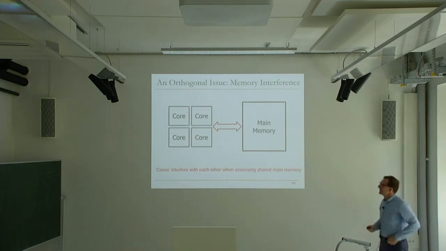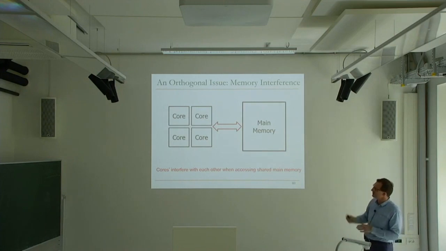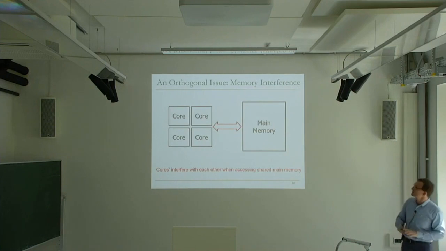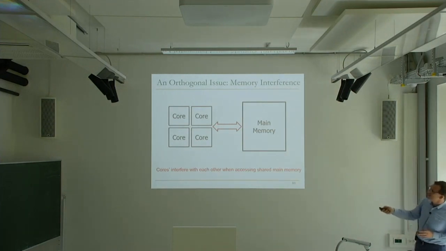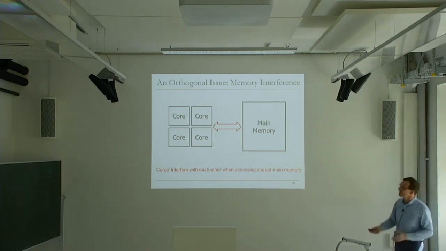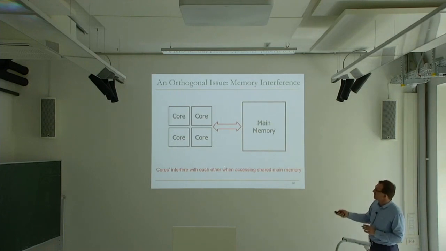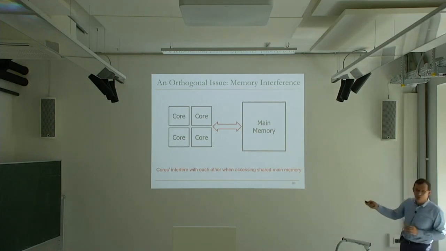Okay, so let me switch gears a little bit. So this was the reliability perspective, but there's an orthogonal issue to everything else we discussed, which is the issue of memory interference. It doesn't matter whether your technology scales or doesn't scale over here. If you have multiple different agents accessing your main memory, you have a problem, and that's the problem of interference. Essentially, these cores in this case, but you could think of these different accelerators. I'm going to show you another picture that shows that this problem is getting worse. They interfere with each other when accessing this shared medium.